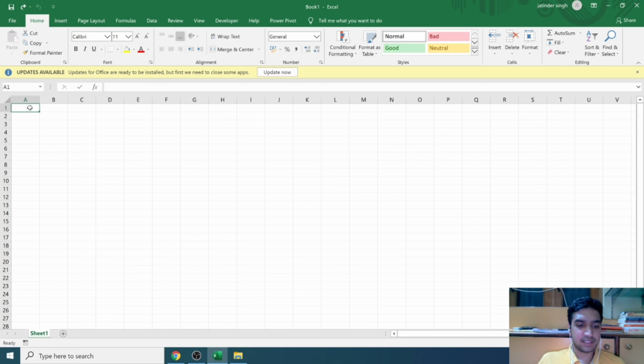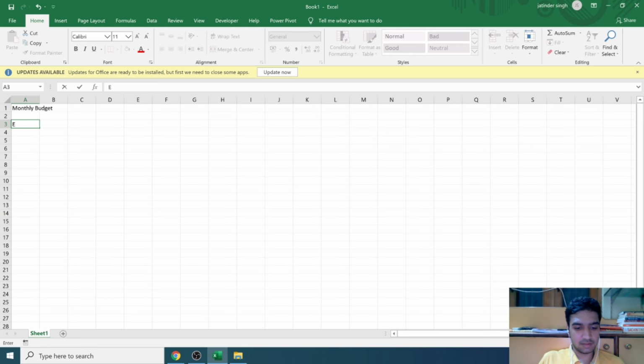Let's just get started. So what I will do here is I will type the title of this table, which is monthly budget. So guys, in this column we will add all the types of expenses which we have incurred. I will make a title of expenses over here, and after which we will write 3 or 4 types of the basic expenses which we have incurred, and after that we will make a total box over here.